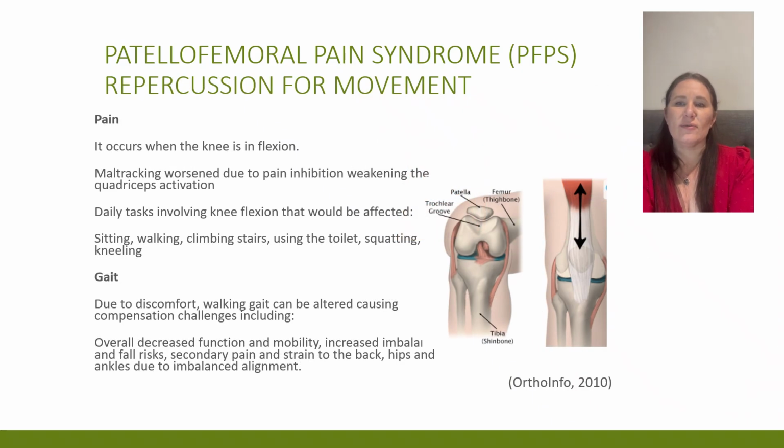Patellofemoral pain syndrome's repercussions for movements are quite significant. Obviously, pain has a way of inhibiting movement, so it occurs when the knee is in flexion. Maltracking worsens due to pain, so this inhibition of not wanting to use it, not wanting to bend it, just weakens the quadriceps activation. Daily tasks involving knee flexion that would be affected include sitting, walking, climbing stairs, using the toilet, squatting,